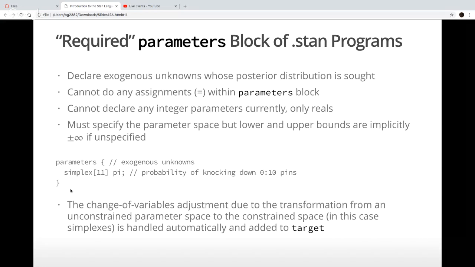One of the mistakes that we see people make a lot when they're starting to define their own Stan programs is they don't define the parameter space specifically enough, with enough qualifications for Stan to know what's going on. And they get standard deviations that are negative or whatever, and it shows up as an error somewhere else, and it's like you forgot the lower equals 0 on your declaration for the standard deviation. Here, simplex, okay, Stan knows how to do that.